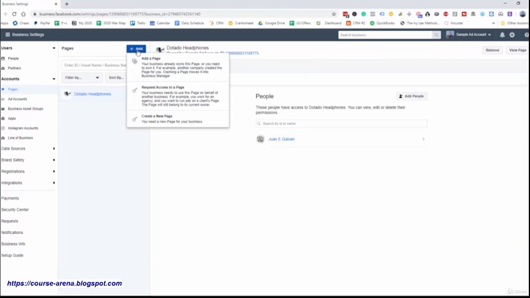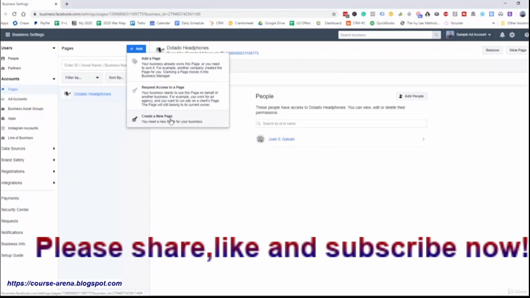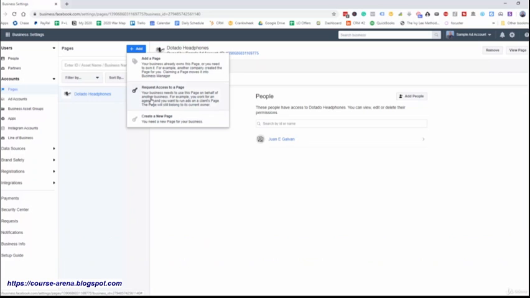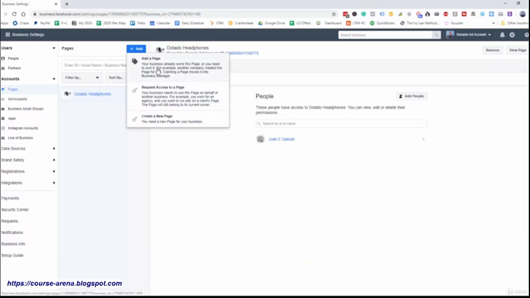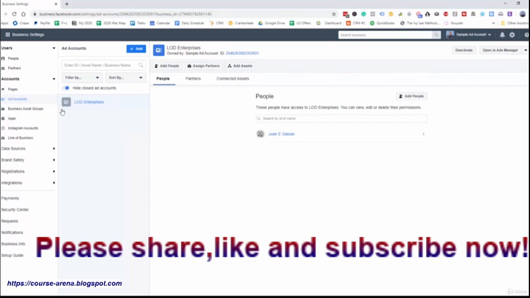We can add new pages here, request access, create a new page. Oftentimes, you're going to be requesting access to a specific page for your client. And for whatever reason, if they don't have a page, you can create a new one. And then the ad account here, this is where we want to add our client's ad account in here, because